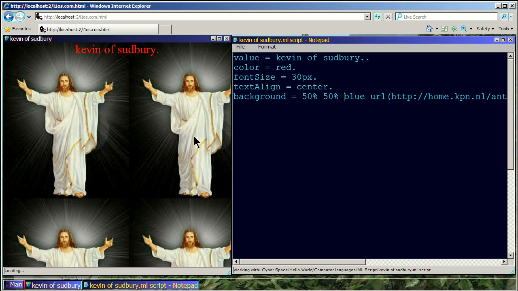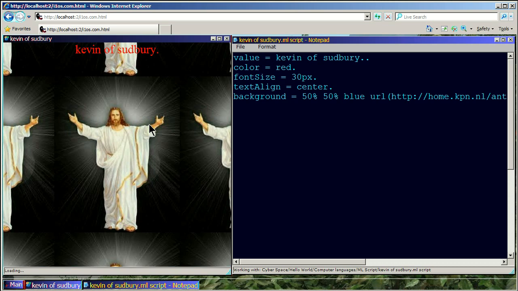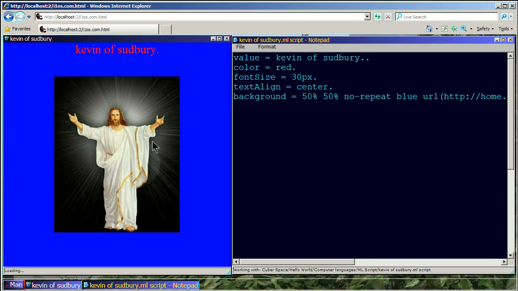Click on your program to refresh it, see if it's moved around. See, now it's in the center, but it still repeats. So if you want it not to repeat, you have to type in the word no-repeat with a dash in it. Right here. Cool. Now if you want your background color to match the black that's in the background of the image,